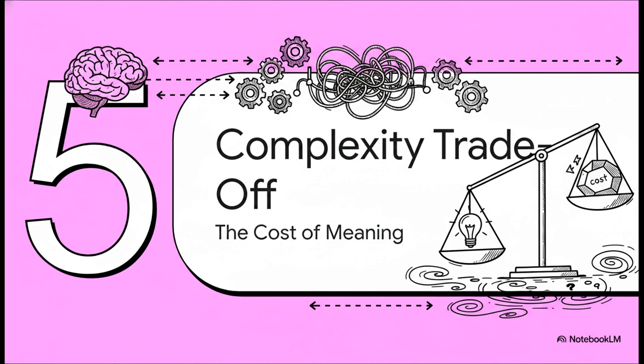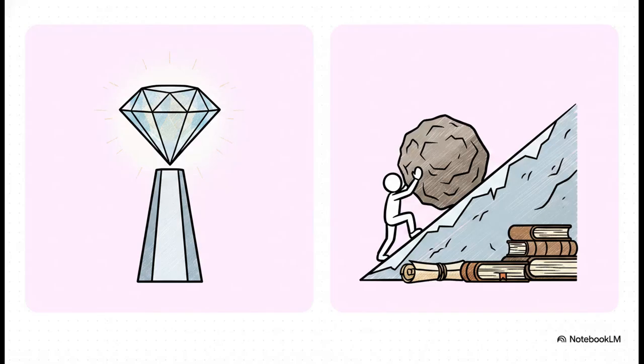Which leads us to Section 5, the complexity trade-off. Because creating a perfectly machine-readable world isn't exactly a walk in the park. In fact, it comes with a massive cost. Here's the core dilemma we face. On one hand, you have the theoretical power of semantic indexing: unparalleled precision, comprehensive recall, and this incredibly rich, interconnected context. But on the other hand, you have its major villain, practical friction.